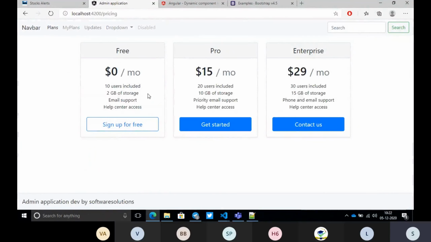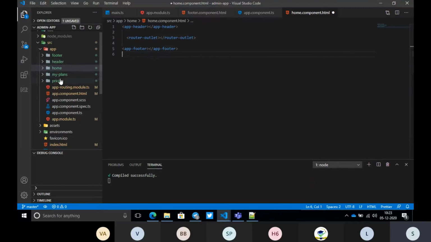If you give just alert, it will pop up whatever you are saying. We will implement the real content at the end, but while I am giving an example, I will just pop up an alert. So let me go to the plans pricing, right?